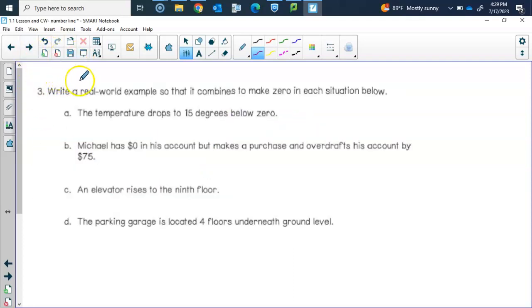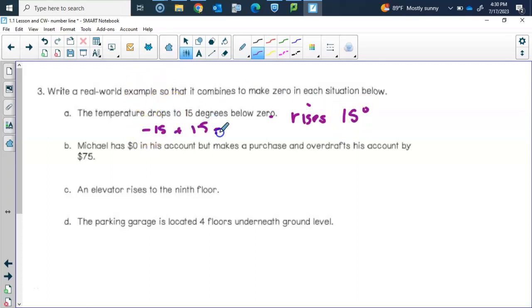3, write a real-world example that combines to make 0 in each situation below. So 3 part A, the temperature drops 15 degrees below 0. What is the real-life example that would combine to make that 0? Go. Well, I would say it rises 15 degrees because this is -15